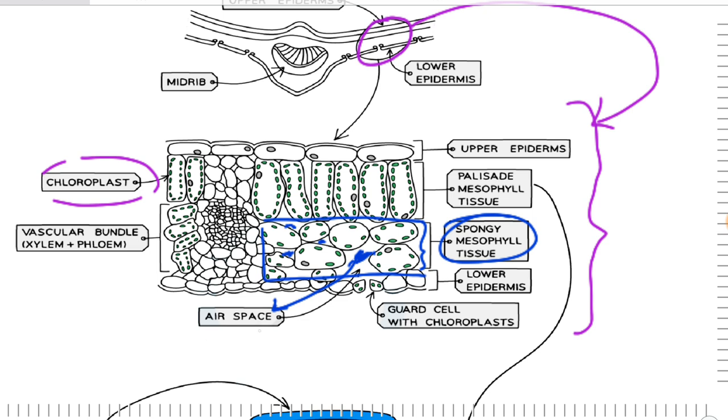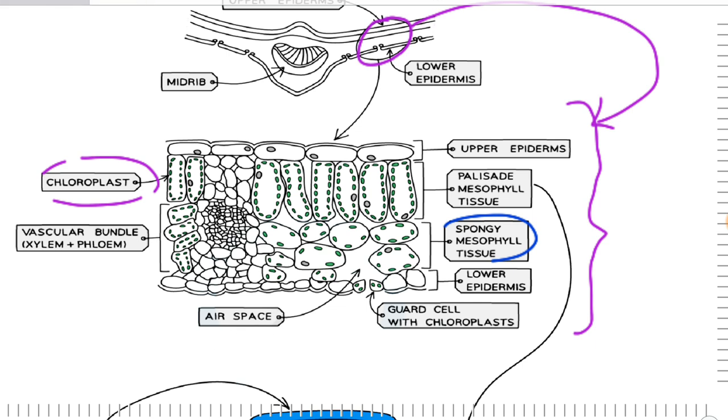These air spaces allow the diffusion of gases to be there. So we have our CO2 and also our O2, which would want to move outside the plant. So we are saying that O2 is moving outside, then CO2 is moving inside whilst photosynthesis is taking place. So it has to move via the air spaces within the spongy mesophyll. Then after that, we then have